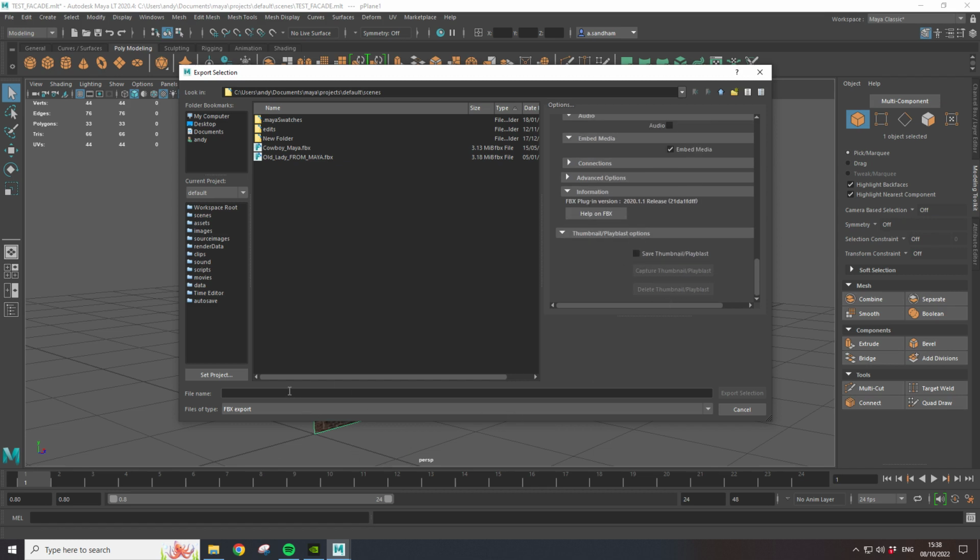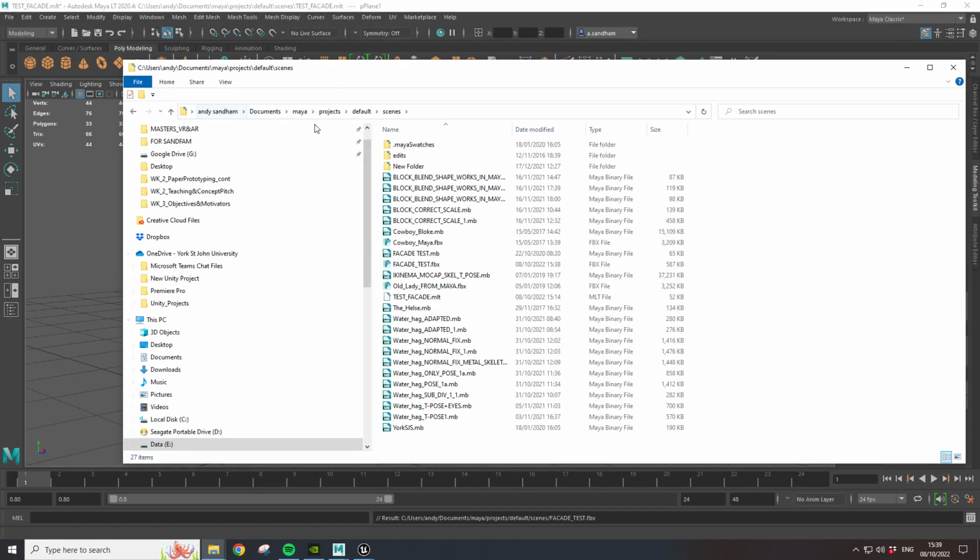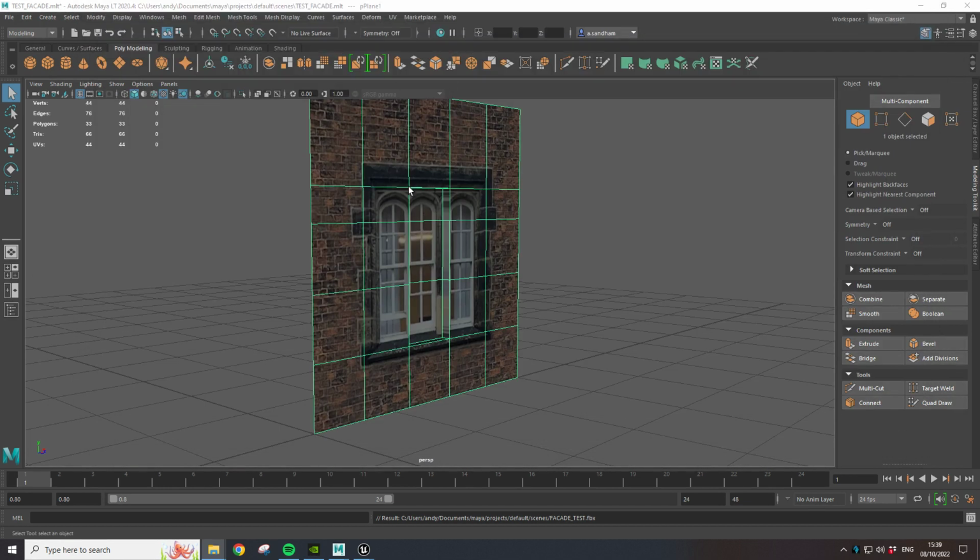Okay, and then just call it facade test again. And so I'm putting it in here, so let's just try and copy that so I know what it is. So let's export that. Okay, it seems to have done it okay. So the next thing I want to do is I want to try to find, I'm just in the top window, okay, it's done it. So all I've done is I've just pasted in where I've saved this file to, so that when I go to Unreal,